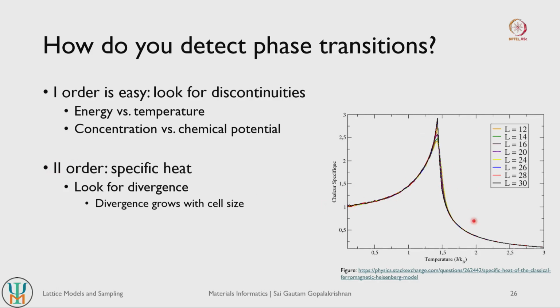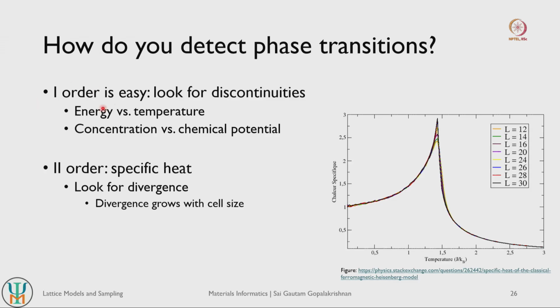So at a second order transition, we will basically get a divergence in our specific heats, right. And the key thing is these divergences will actually grow with cell size. So if you use larger and larger supercells, these divergences will actually increase in magnitude, and that's a very telltale signature of a second order phase transition. And these divergences will increase with cell size because second order transitions typically happen in form of waves. So if you have a larger system, your system can basically accommodate larger waves, and larger waves indicate sharper spikes in your specific heat. Right.